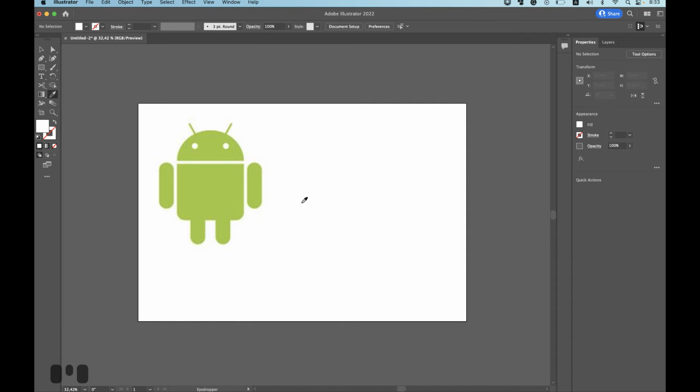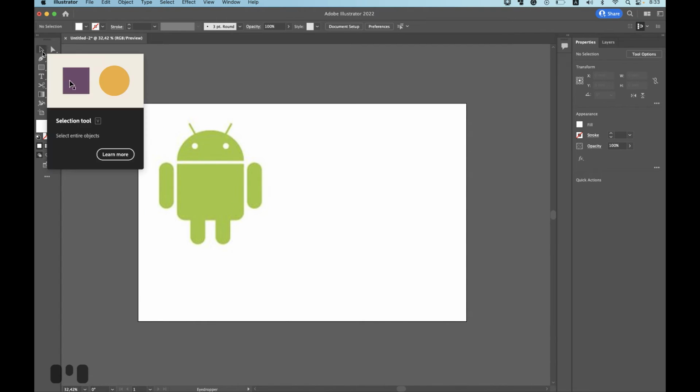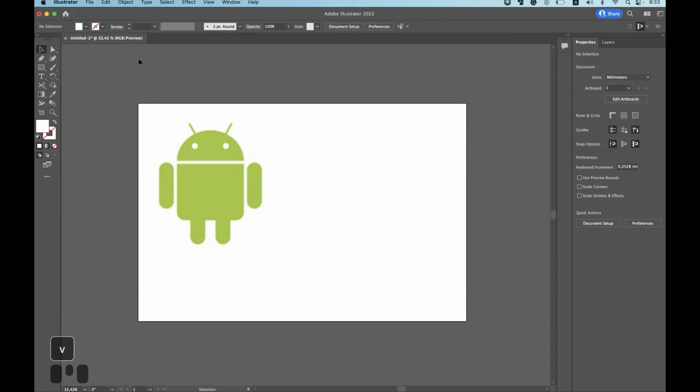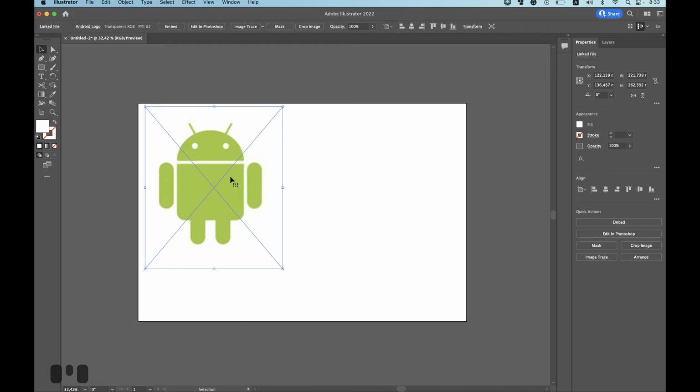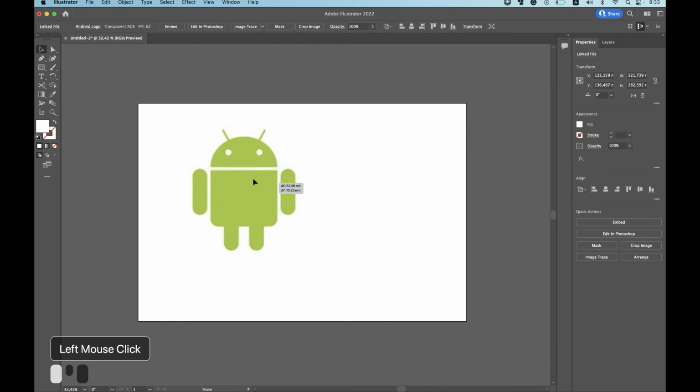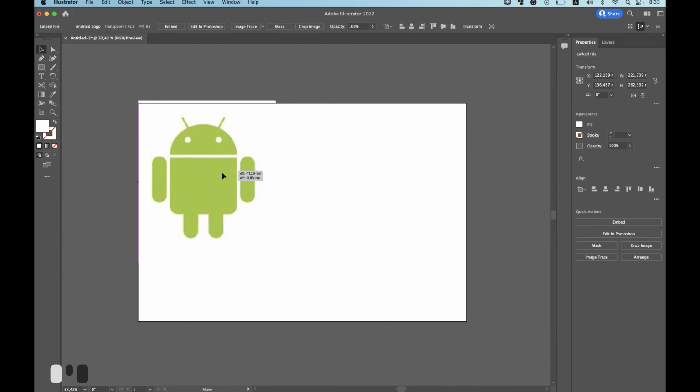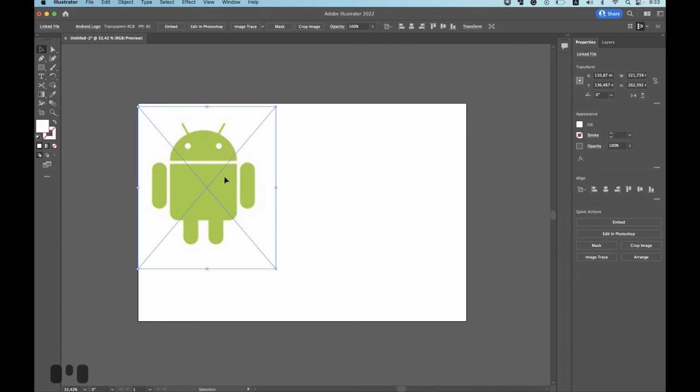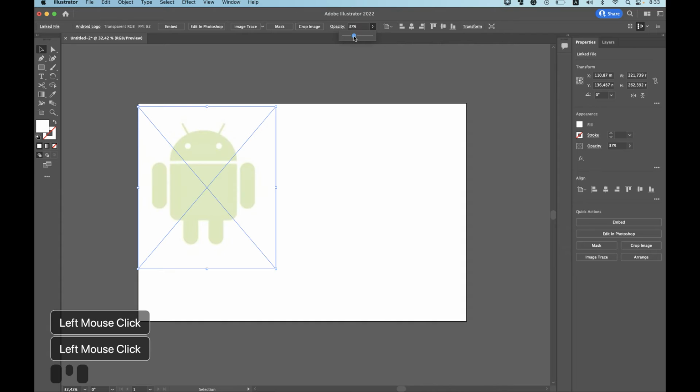And the next step here is to change the opacity of our stencil. We need to redraw the sample. And we designers do it all the time. Let's grab our black arrow or press V on your keyboard. This is our selection tool. We use it all the time because this moves the whole object. But now we need to select it. And in the control panel, we can change the opacity right over here.